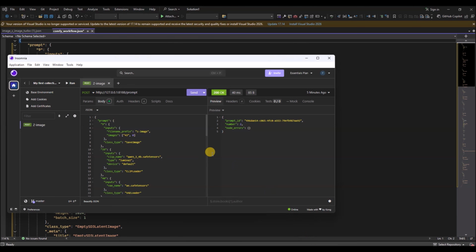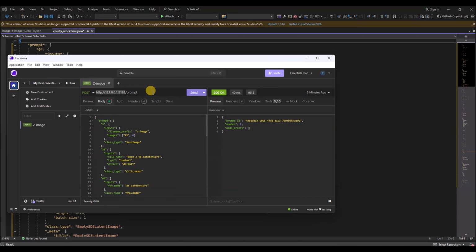And then you can use a REST client like Postman. I'm using Insomnia over here, and you can paste this as a body. So prompt and then the complete workflow. And if you post this to the prompt endpoint, so this is again the URL of this running ComfyUI